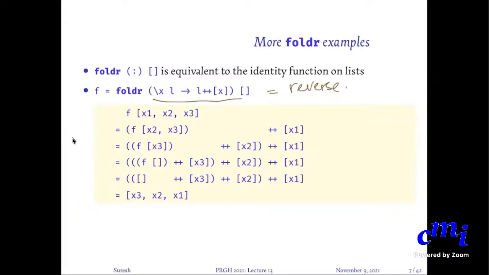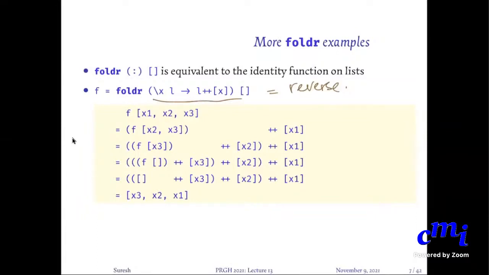Yes, we worked through this the other day. So if you have X1, X2, X3, you do recall that foldr will recursively do your F on the tail and then combine it with the first element using the function that has been supplied to foldr. The function supplied to foldr takes two arguments. First argument is an element, second argument is a list. It will put the element at the end of the list.